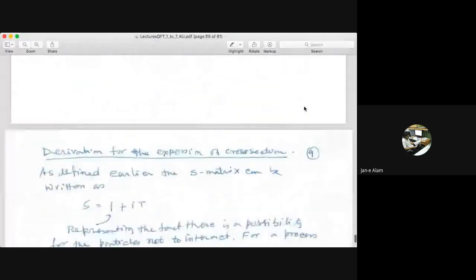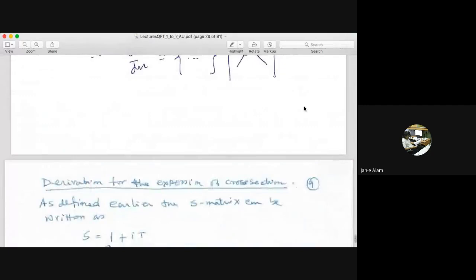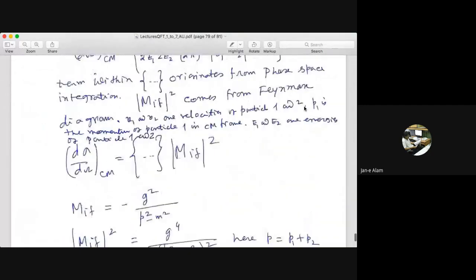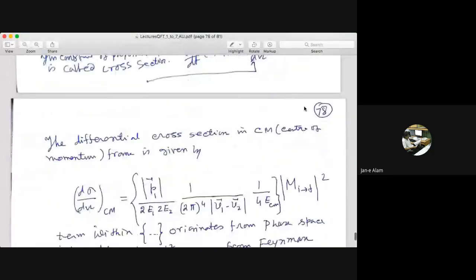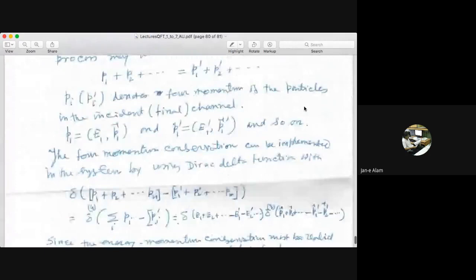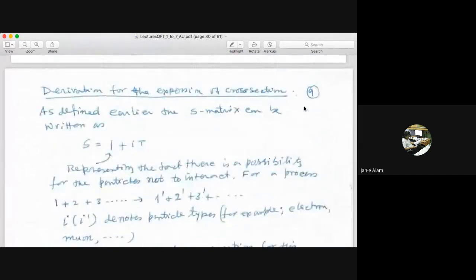Before that, one needs to derive this formula. Now, should I start that derivation today, or if you have some questions, it will be better to discuss that, because otherwise maybe tomorrow I can start this long derivation. It will be nice if you ask some questions and we can have some discussion. Okay, if any questions, please ask.